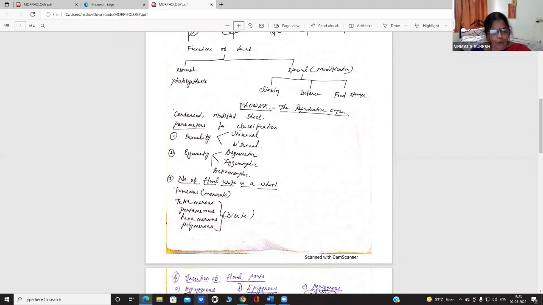Seventh period, we can do fruit, monocot and dicot seeds. Eighth period,